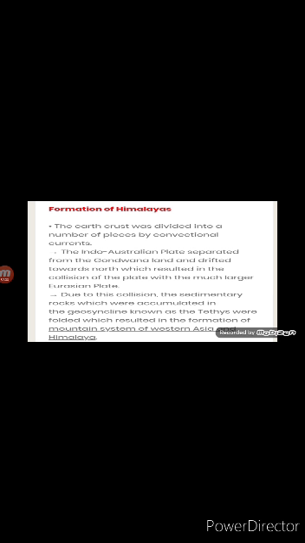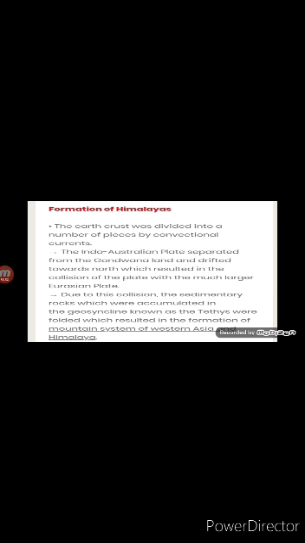Now children, what is the meaning of geosyncline? It is a term used for a subsiding linear trough that was caused by the accumulation of sedimentary rock strata deposited in a basin and subsequently compressed, deformed and uplifted into a mountain range.